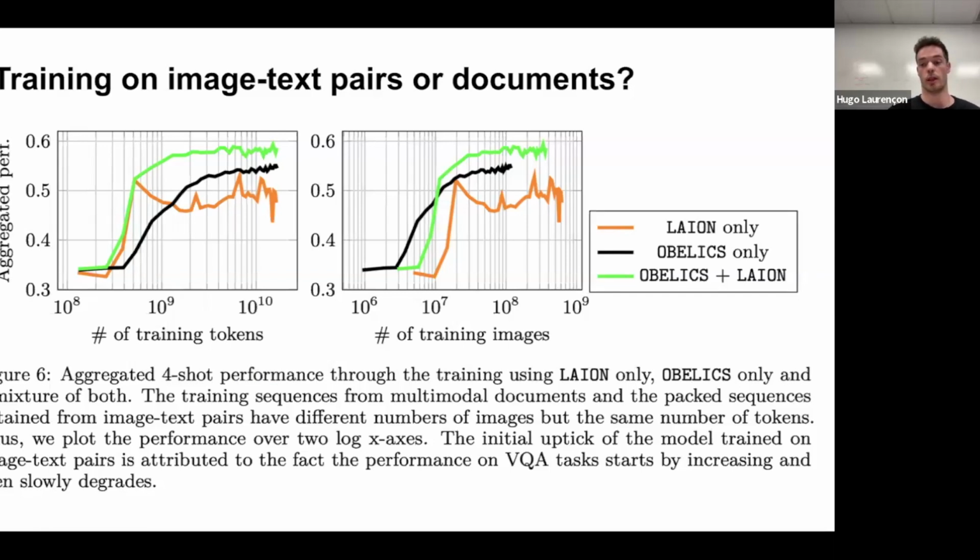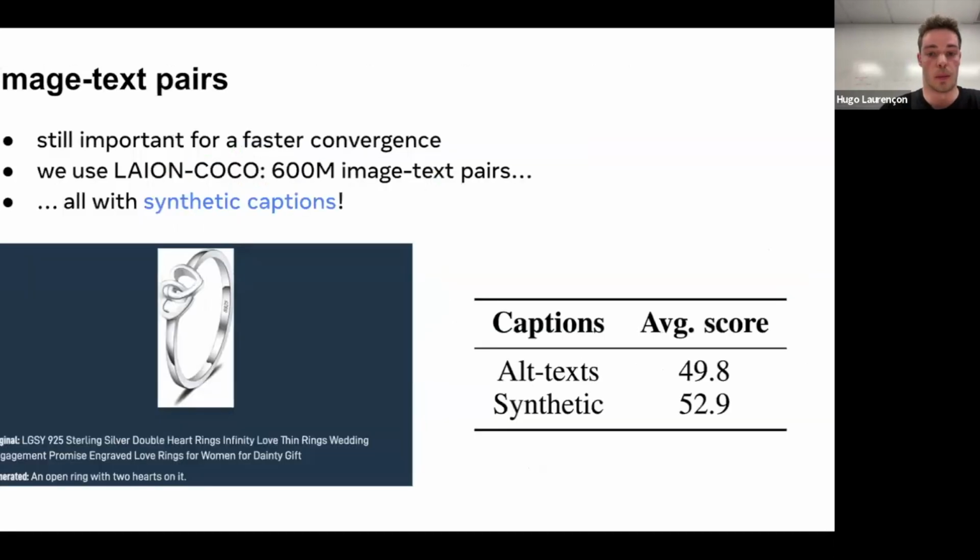One model trained on Obelix only, so only on interleaved image text documents, and one model trained on both. And we saw that it's the combination of the two that performs the best. So if you want to have the best model, you need to use different types of data. At least this is what we found. And just to go back to the previous slide,